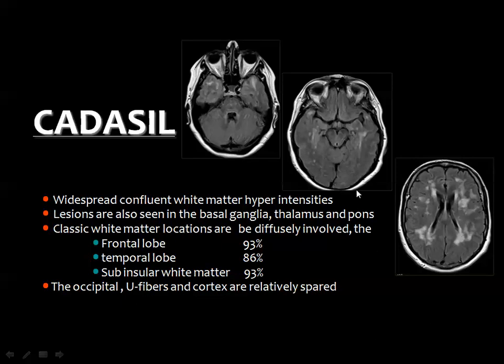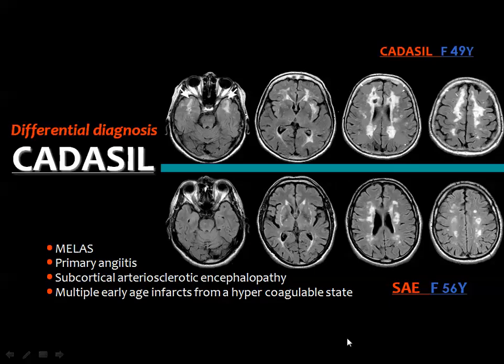Then if you see a patient who is relatively younger, in the range of 30 to 40 years old, and it has the subcortical ischemic changes similar to an old patient in the 60 or 70 years of his life, then you may think of this CADASIL, which is confirmed after the detection of the mutated gene. And this is the difference between CADASIL and the subcortical arteriosclerotic encephalopathy.